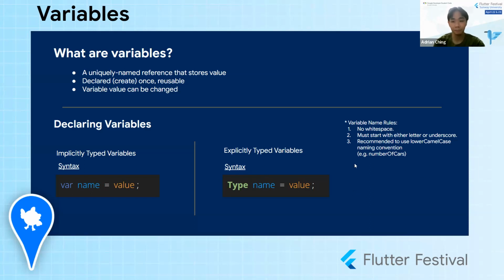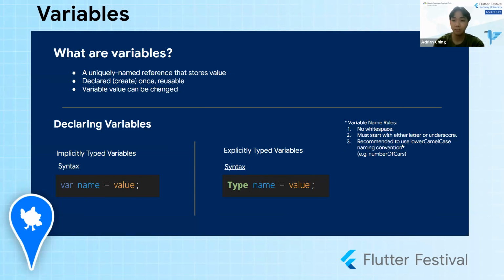Okay, so there are a few variable naming rules that you must follow for this name over here. First, the name of the variable must not have white space in between, such as NA space ME, that's not valid. It also must start with either a letter or an underscore, meaning you cannot start with numbers or symbols.